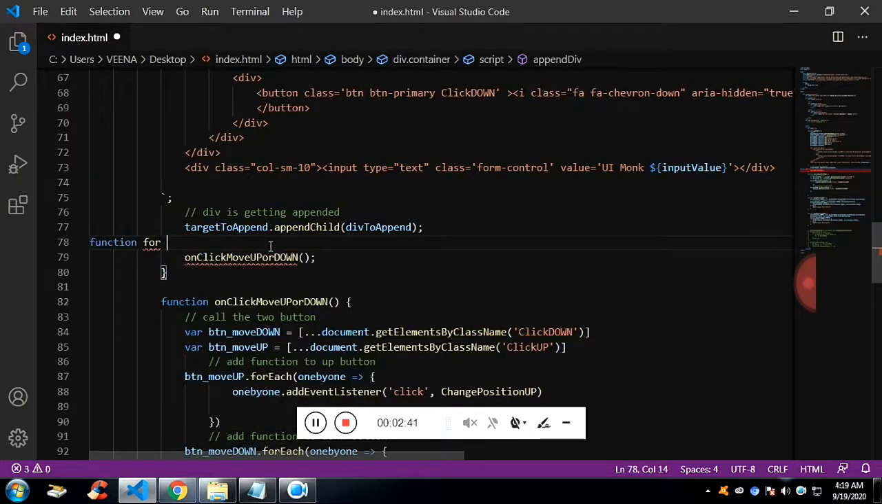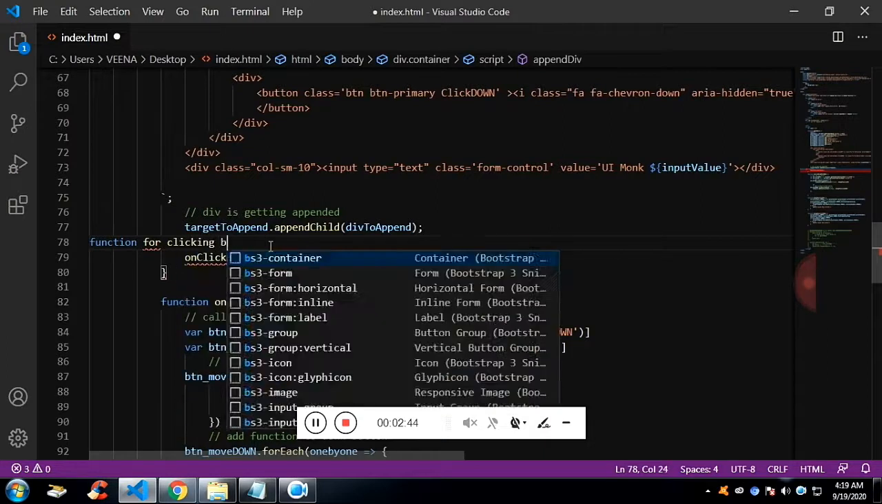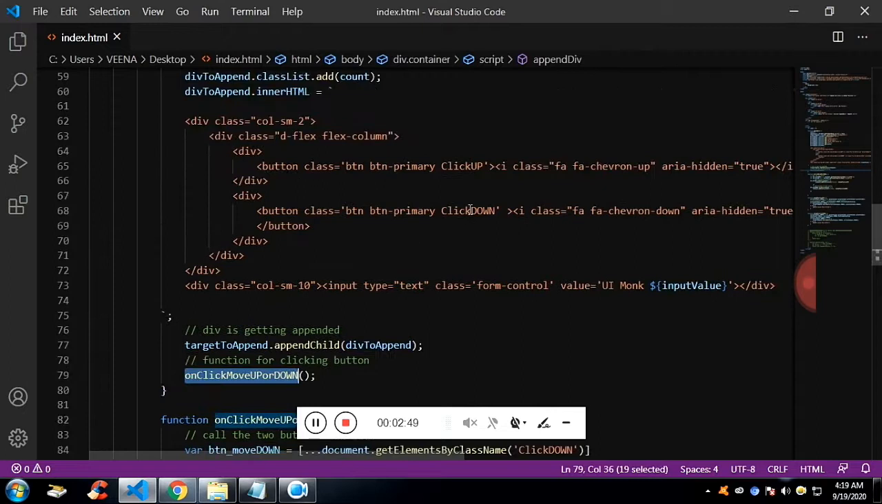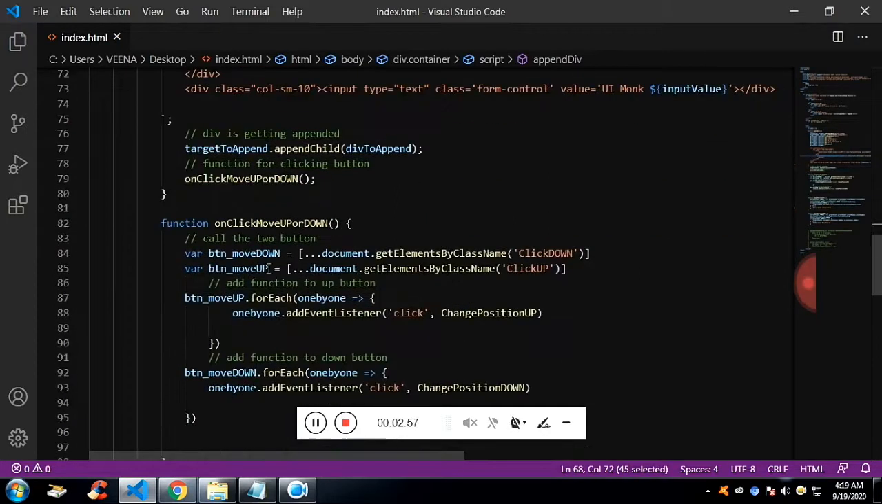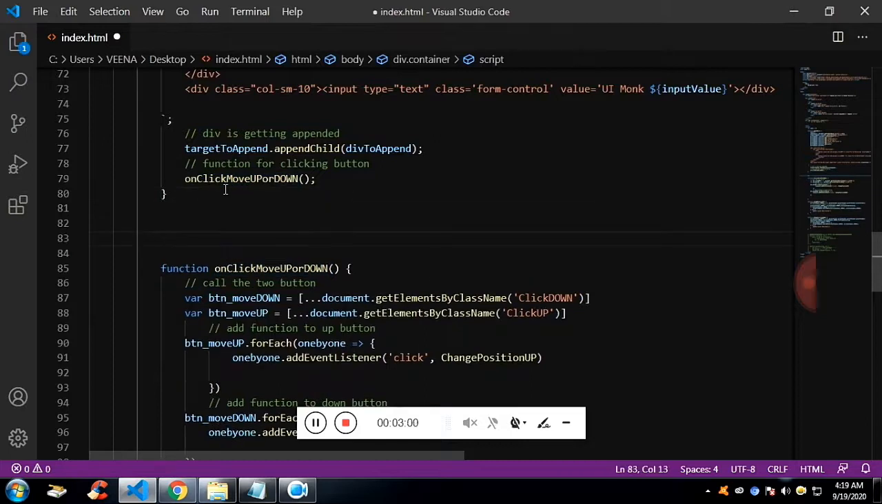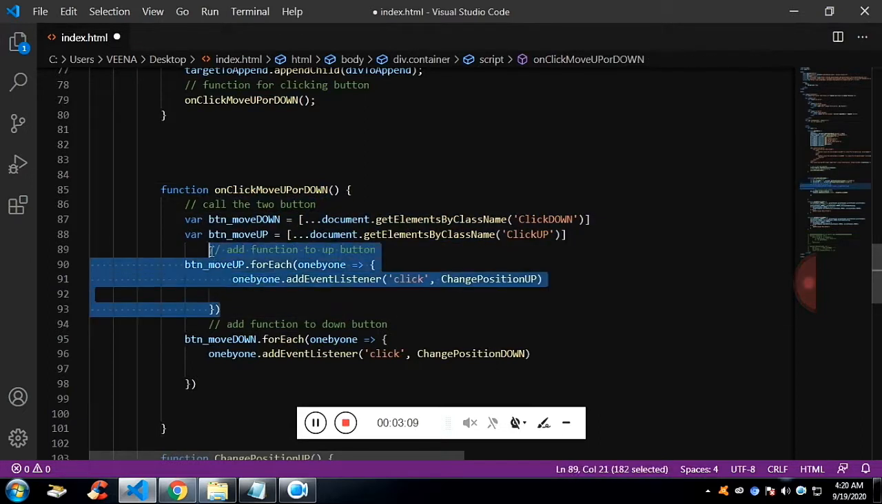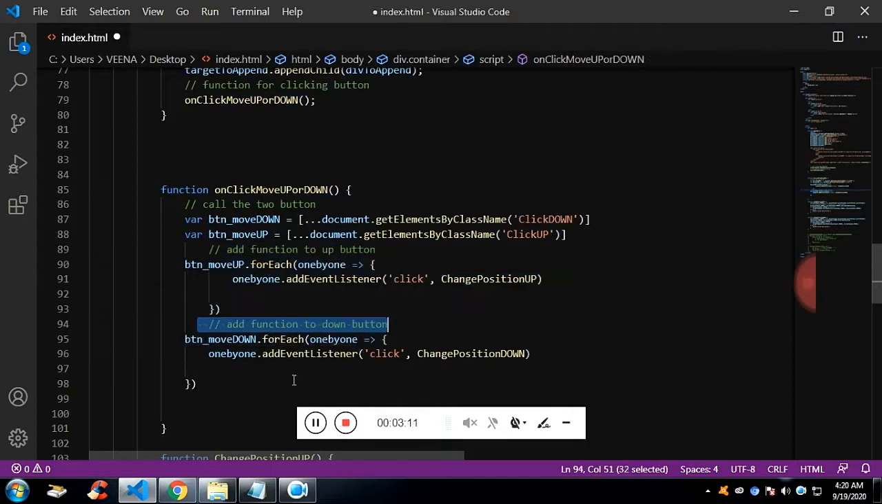and this function will be for the button. Either we click on up button or down button, this function is responsible for it. So you can see I have mentioned the class click up and click down, which is in the button. So this is a function. The first thing, we are going to call the button, and once we call, I'm going to run a for each loop, because there can be multiple buttons. So each button will have a click listener,